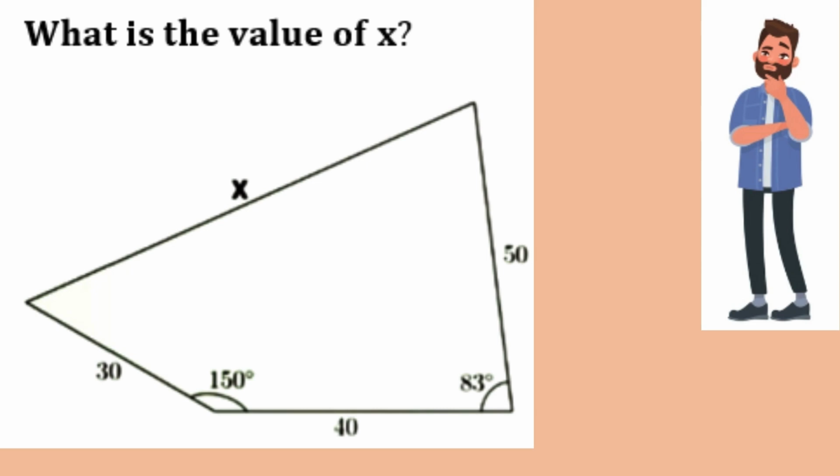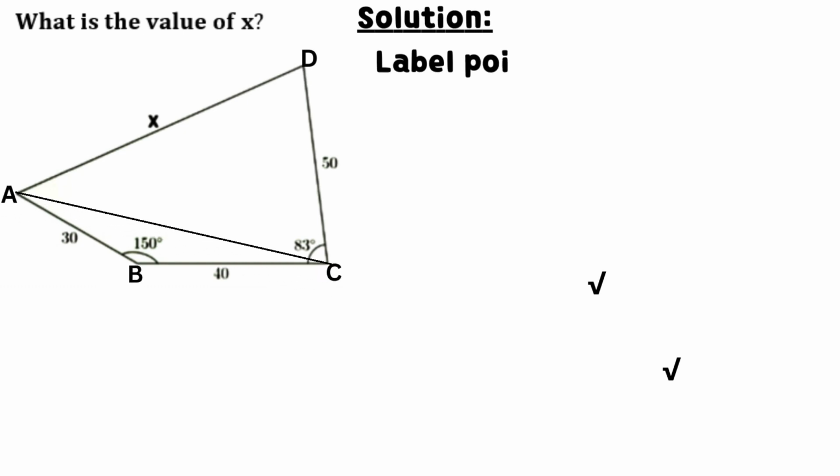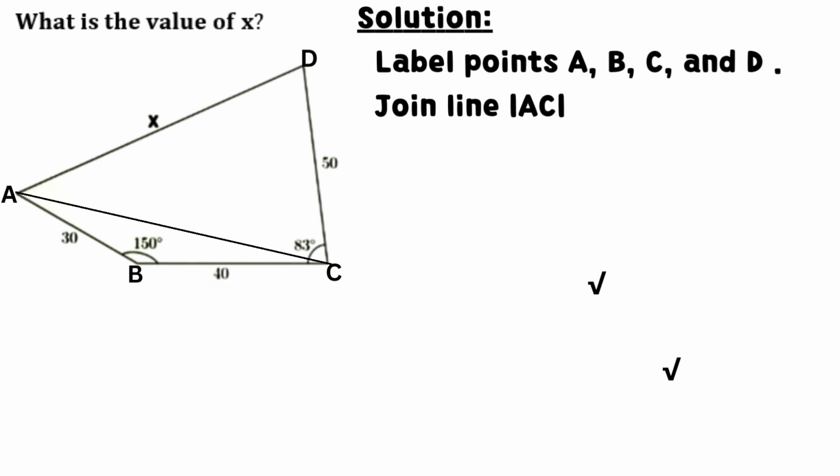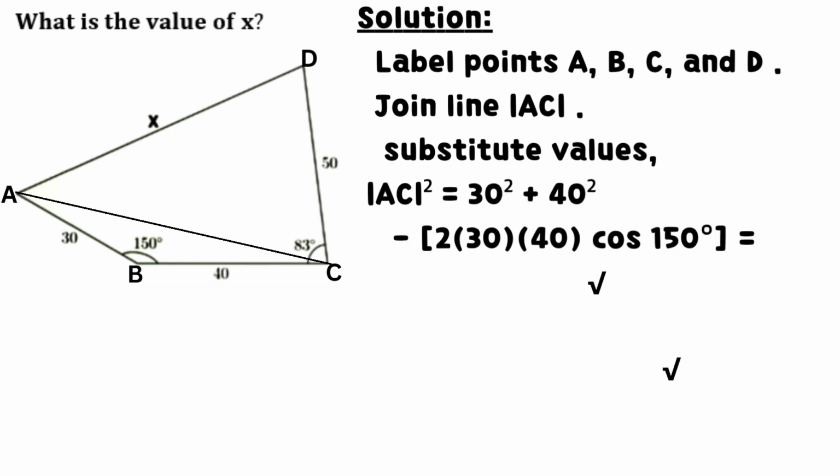What is the value of the length x from the given quadrilateral? Label points A, B, C, and D. Join line AC. Substitute values and use the cosine rule, so that the square of line AC equals the